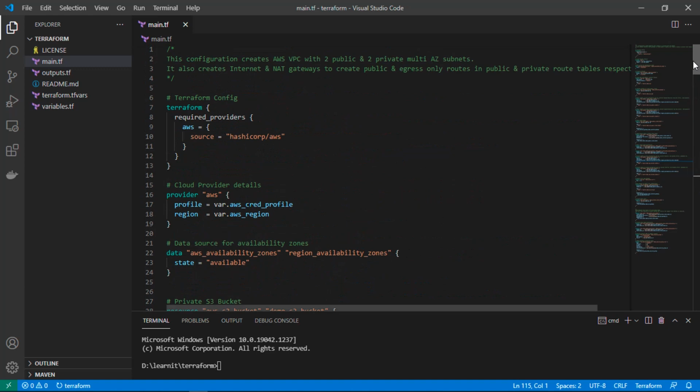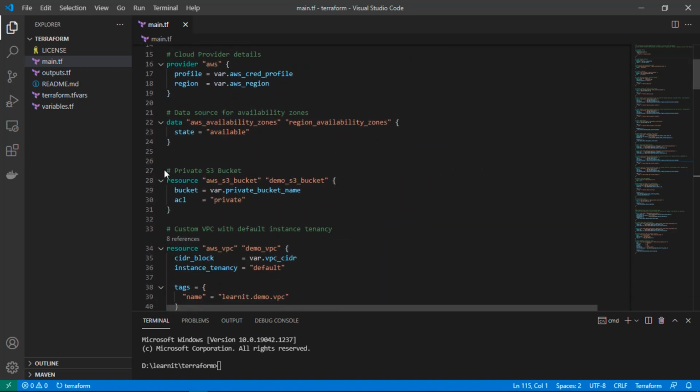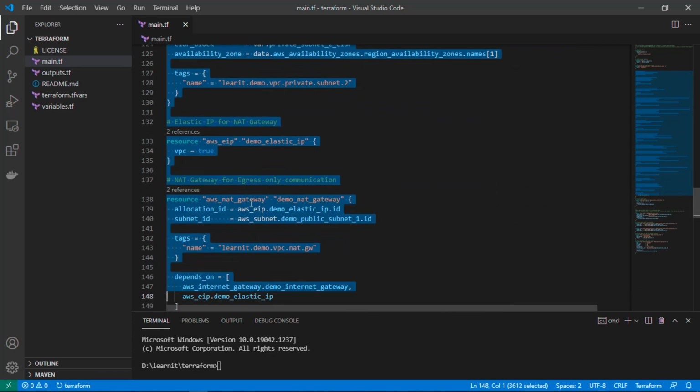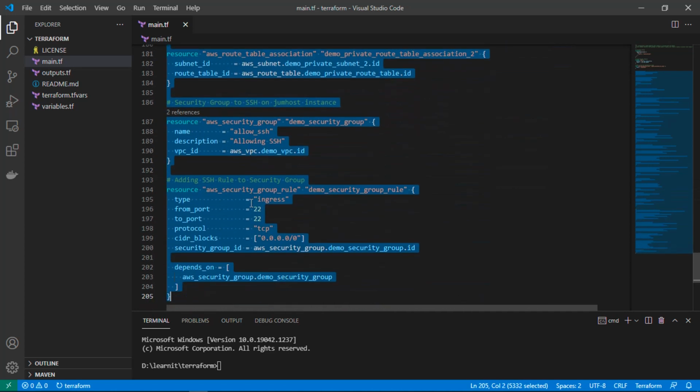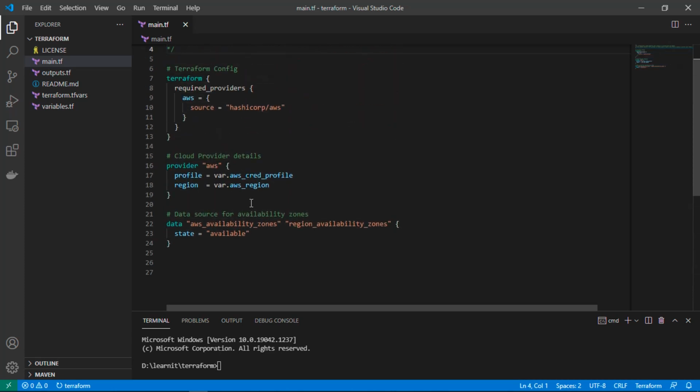So I am going to delete everything from our older configuration file. You can see from S3 bucket to AWS VPC, subnets, security groups, everything I have deleted, and I have just kept the Terraform configuration provider and provider configuration and data source for availability zones in our root module.